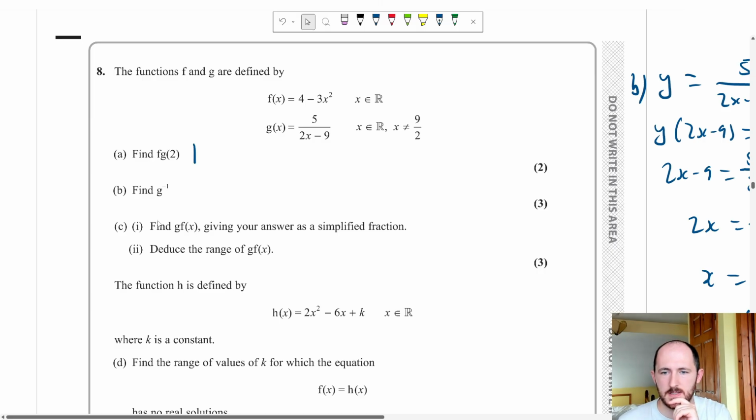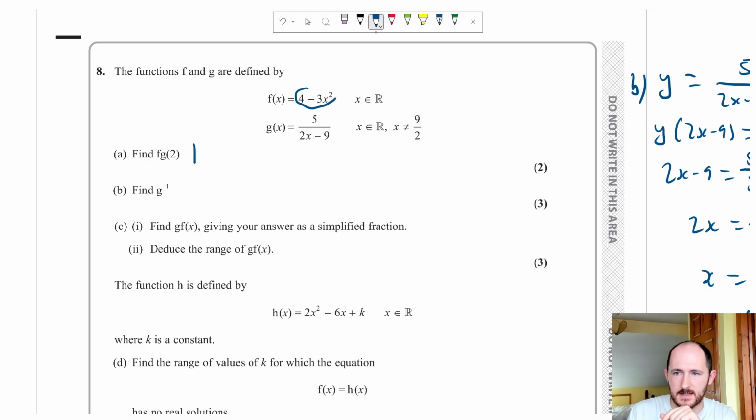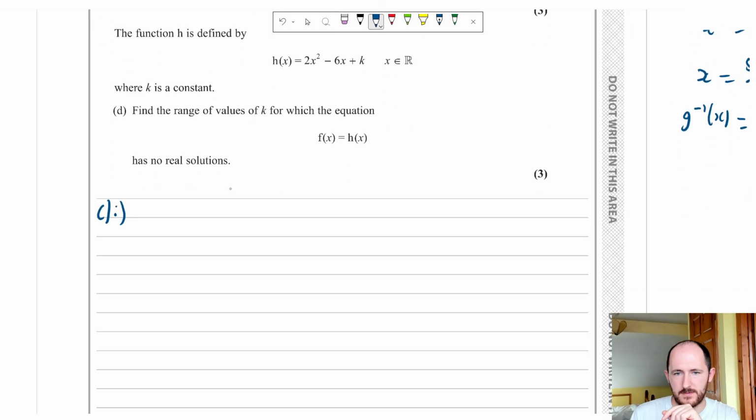it does work. So find gf of x. We're going to sub in f of x. So what that means is we're taking the function f of x and we're subbing it in for x over here. So if I just write gf of x quickly,